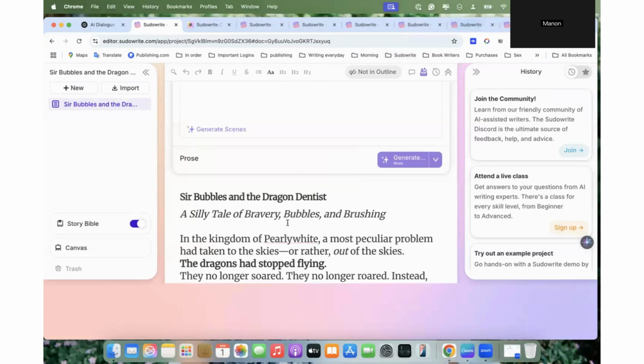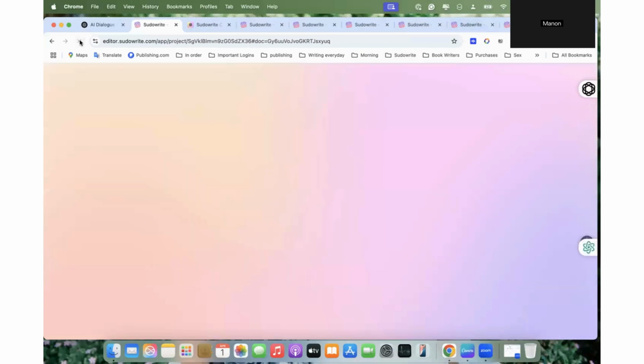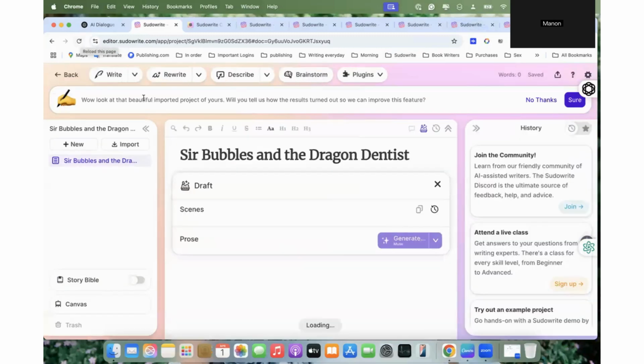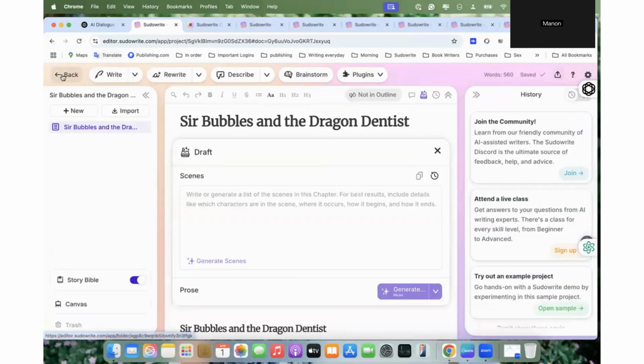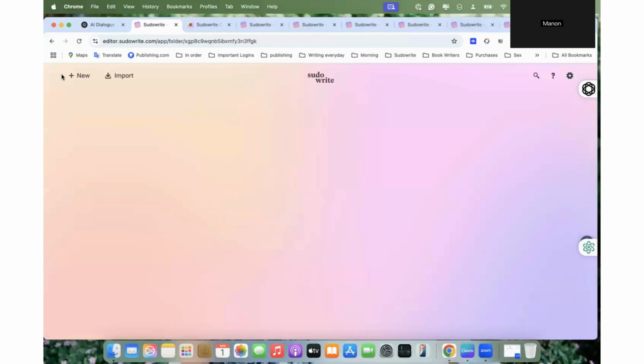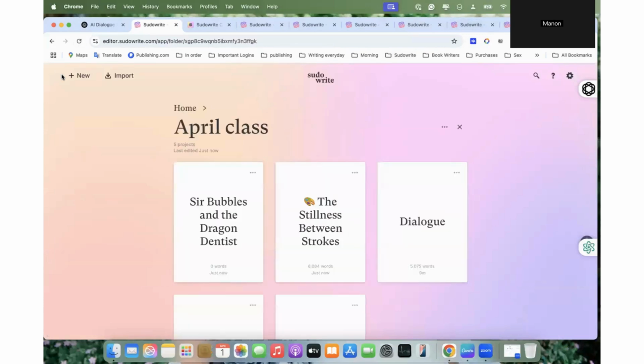I put my short story in the document and I did import. Let's see if I can show you how that happened again. Going back, if you have a small story that you want to work on inside Sudowrite, I took my little story,